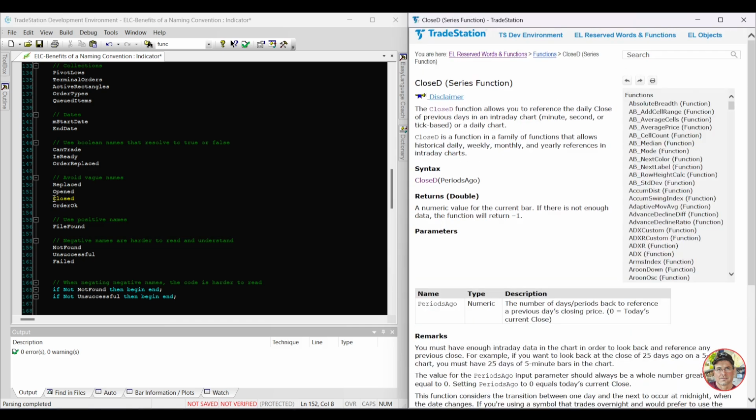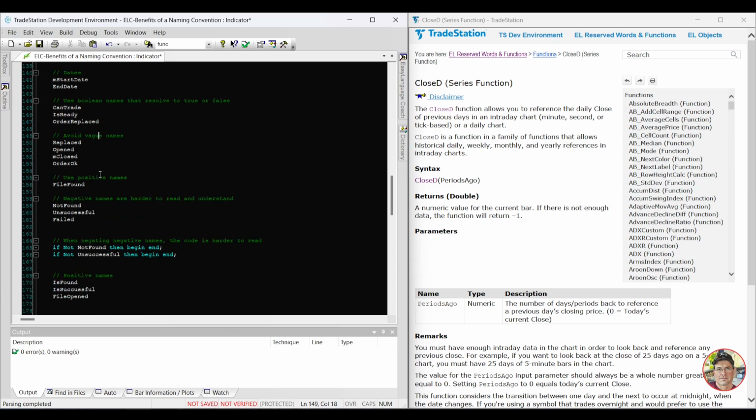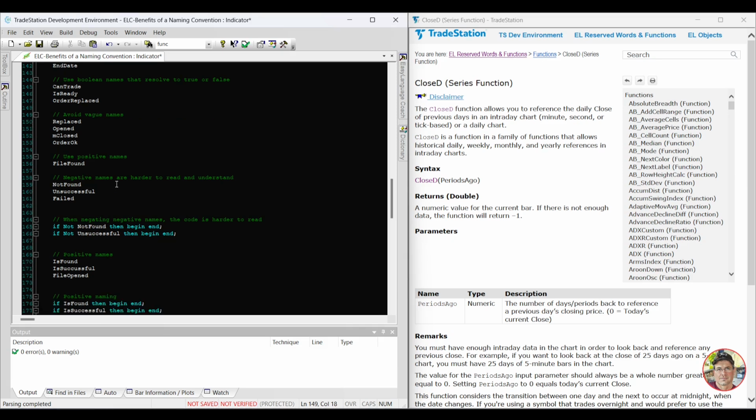Closed D, that's a series function. Nice little M on front of that, takes care of that one. Also for Boolean values, I like to use positive names like file found. Negative names are harder to read and understand, such as not found, unsuccessful, failed. Plus, these aren't really good names because they don't really give direction of what was not found or what was